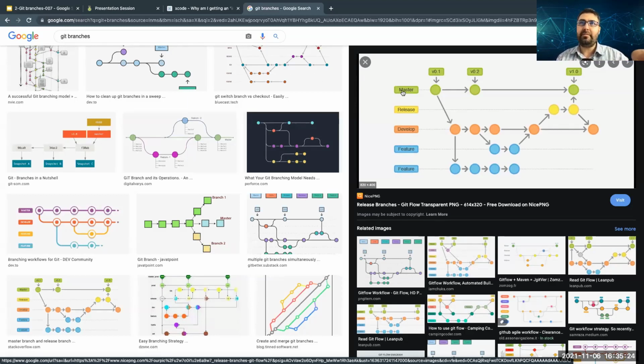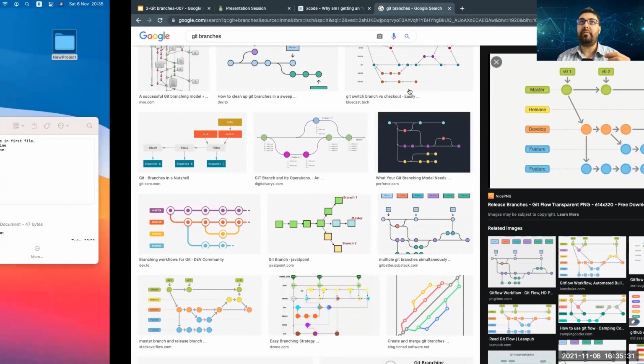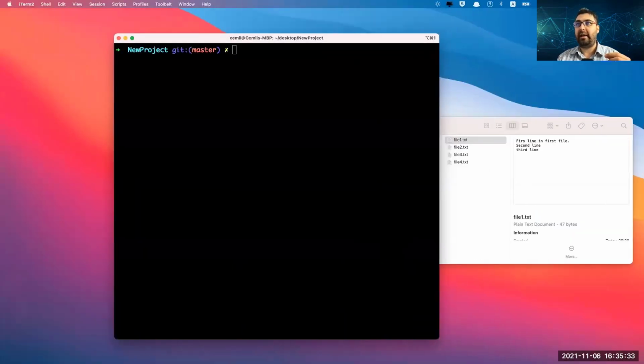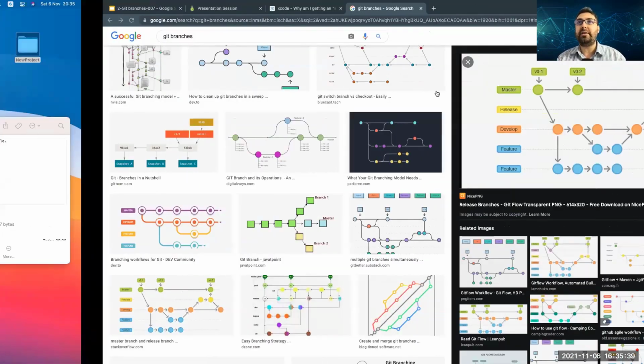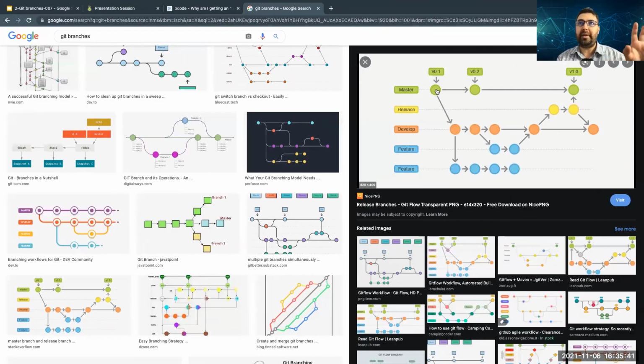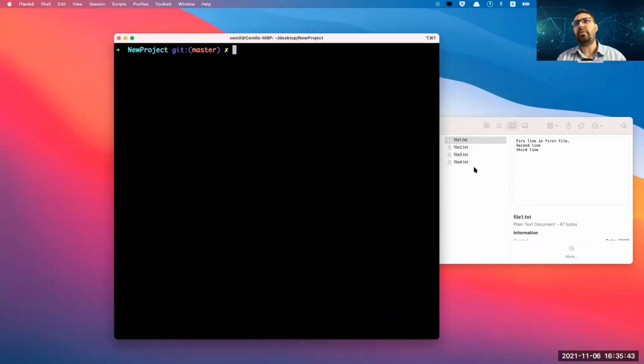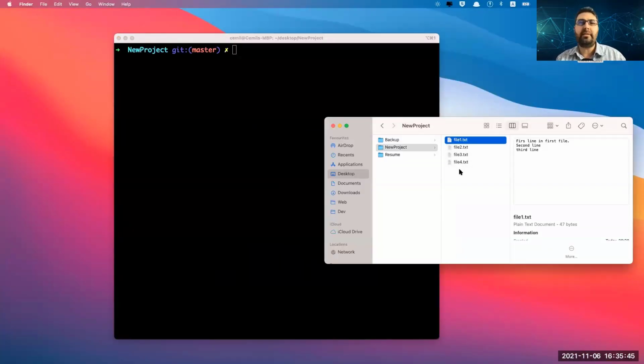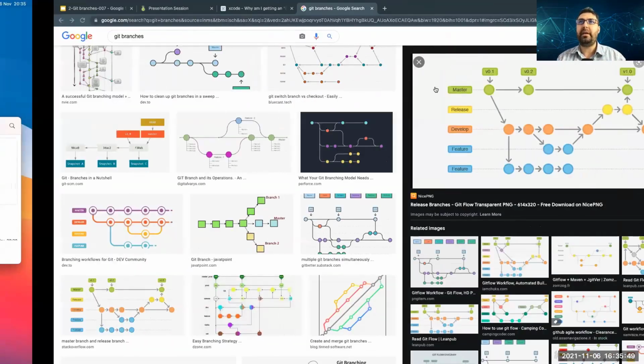But think about your team. Let's say you are 3 people, and you have created a new project like this. Of course, every project has a master branch. So this master branch, let's say it's your first commit. You decided that you will have 4 files in your project, and you created those 4 files and you are ready to go.